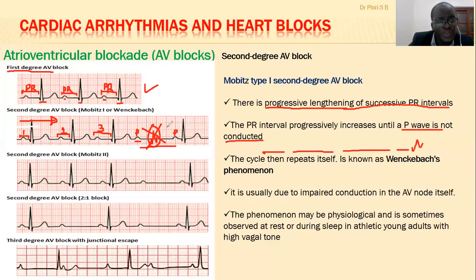So the easy way to remember this, you have a word which is saying long, longer, then a drop. So if you say long, longer, drop, meaning that the PR interval is becoming long, longer, then you have a drop in QRS complex, then this is called Mobitz type 1,